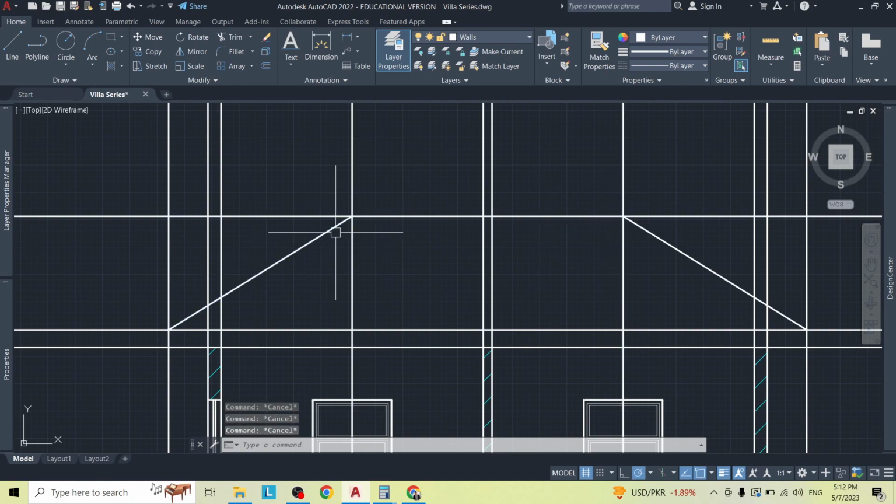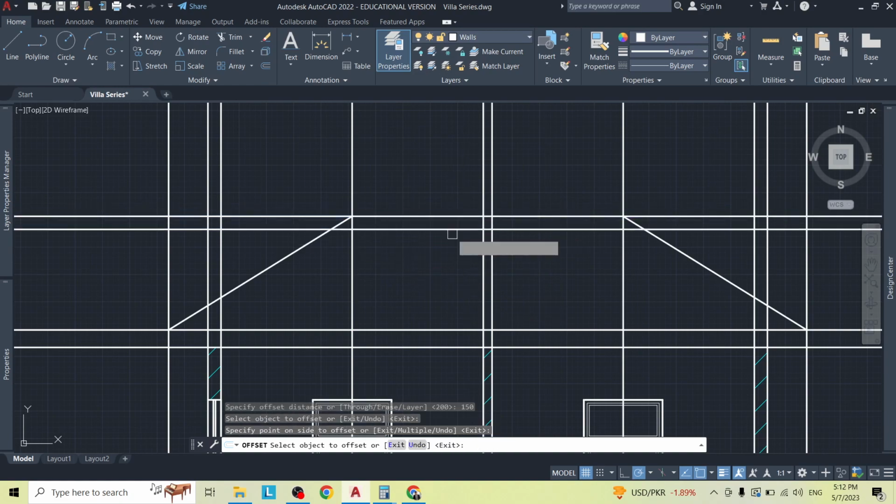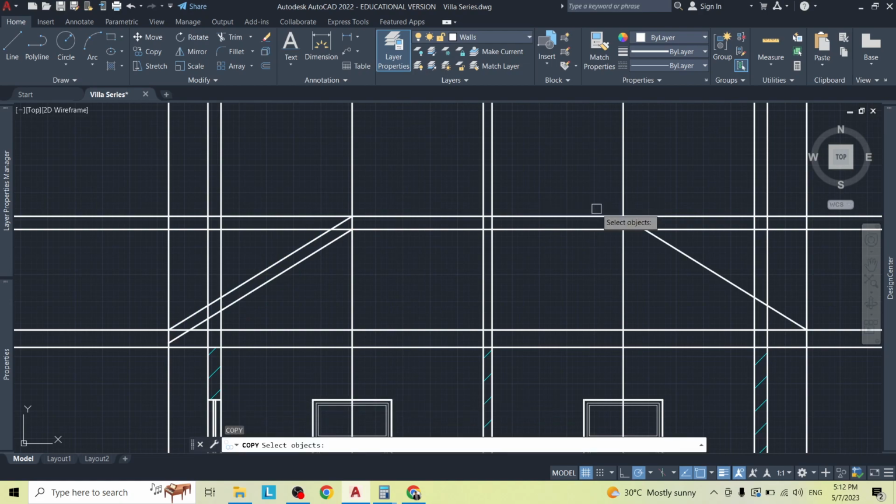So what we're gonna do is make an offset of the thickness of whatever the ridge board is. So same as the rafter, I'm making the ridge board 2 by 6, so 6 inches downwards. That's what I'm going to offset, which is 150 millimeters. So I'm going to come down 150 millimeters, and then I'm going to make a copy of this line to be the bottom of the rafter. So from here to there,